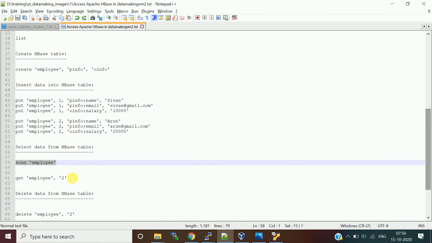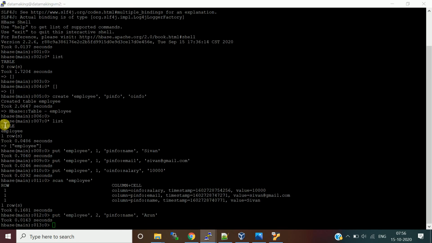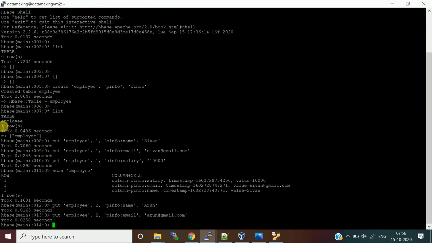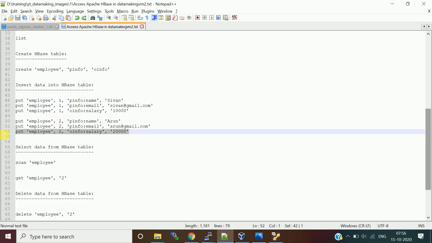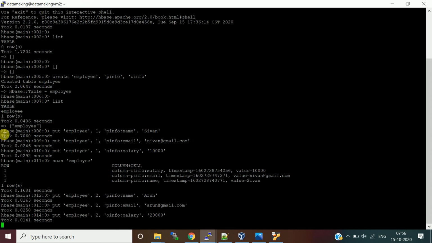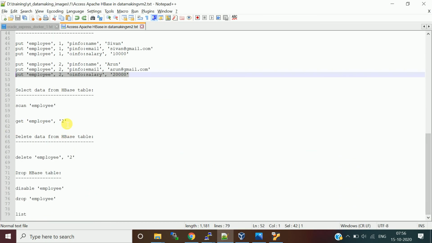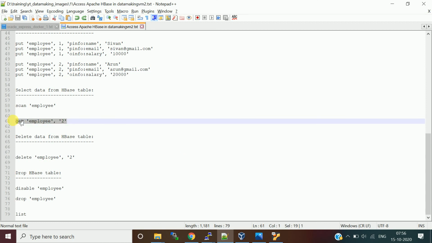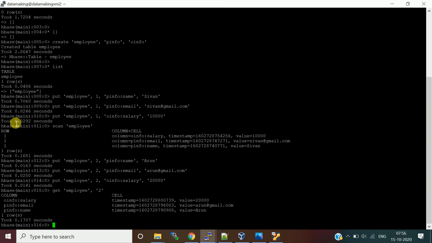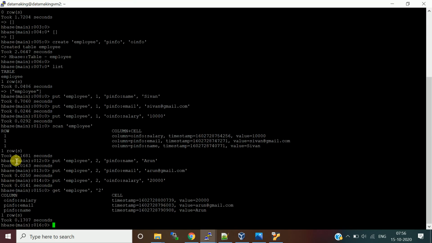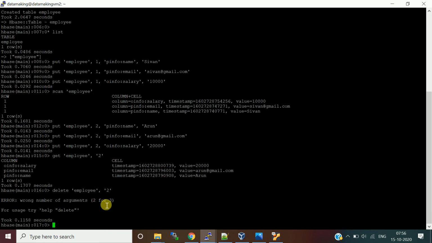Okay, let me insert the second row also. This is for employee ID 2, and then okay, this is done. Now use this get command to select the second row. See here, now Arun's details have come. So if you want to delete the second row, use the delete command, table name, and then followed by